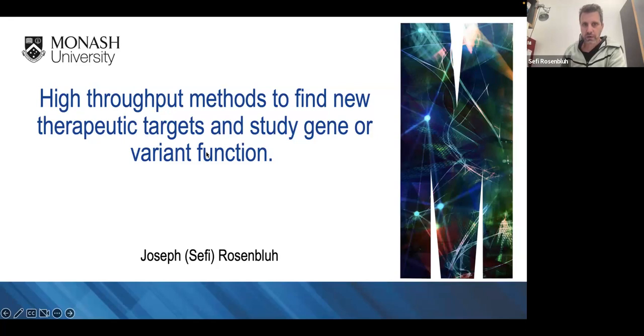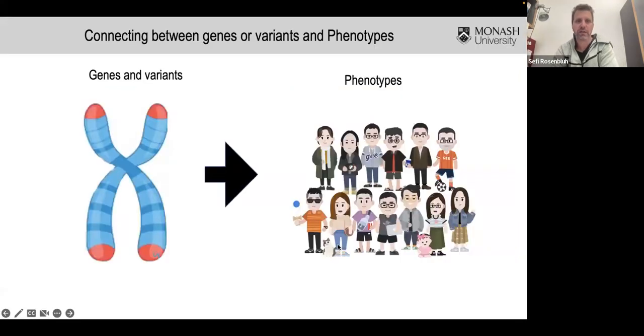So we'll start with the motivation for everything we do in the functional genomic platform, which is to connect genes and variants to phenotypes. In this instance, we're talking about cancer, but this obviously could be done also for non-cancerous phenotypes, and I'll show some examples of that. The idea is that we want to perturb or introduce genes, so either overexpress or suppress genes, introduce variants, delete variants, and then measure phenotypes.